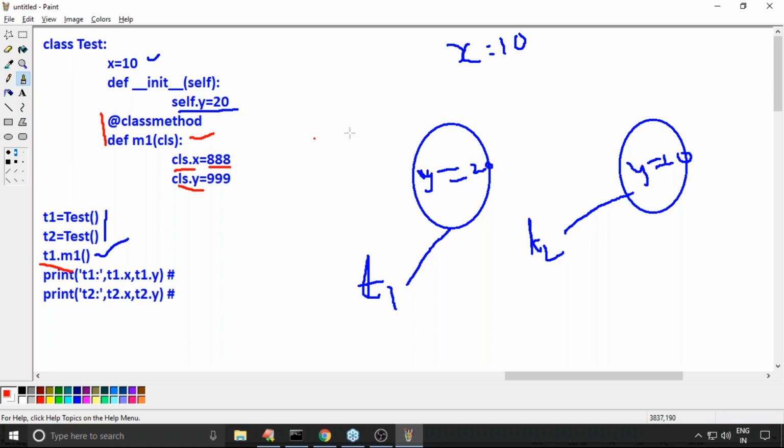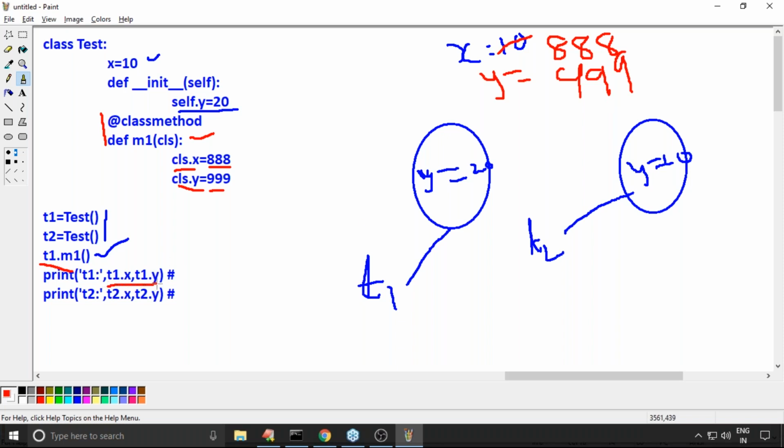CLS.x = 888: with the static x name already 10 is there, it will be replaced with 888. Next, CLS.y = 999. There is no static variable y, so a static variable y with 999 is created.